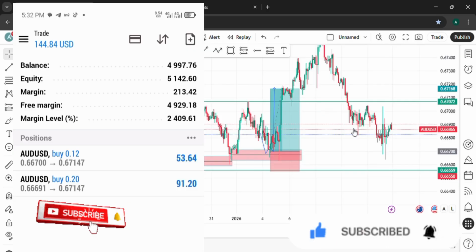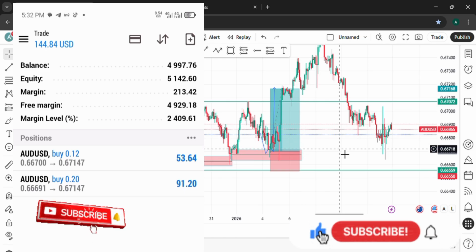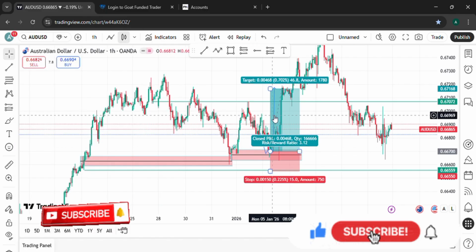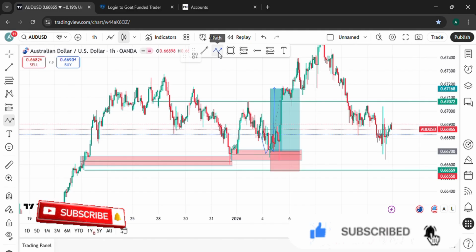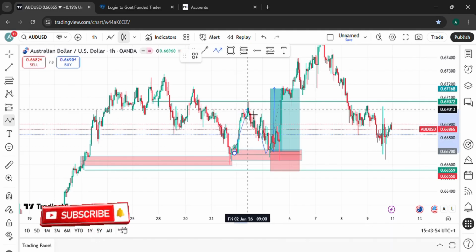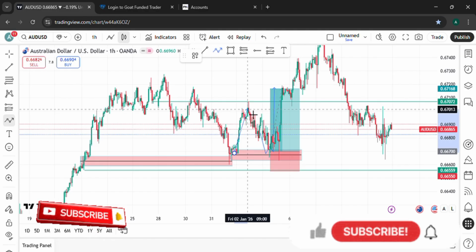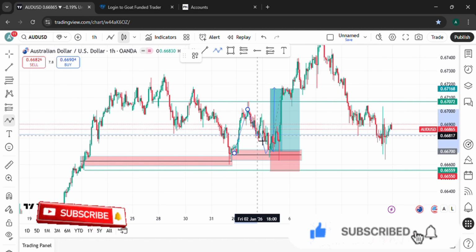Alright then, coming to the charts. This was a trade I took last week. My first trade was on Monday. I took this trade on AUD. As you can see, I will be showing the before and after of this trade. It was around here when I saw the trade, so I had to mark out my support level and waited for price to give me a